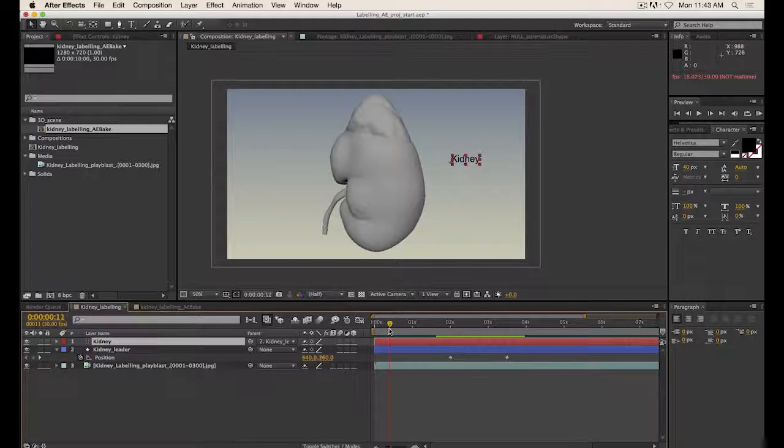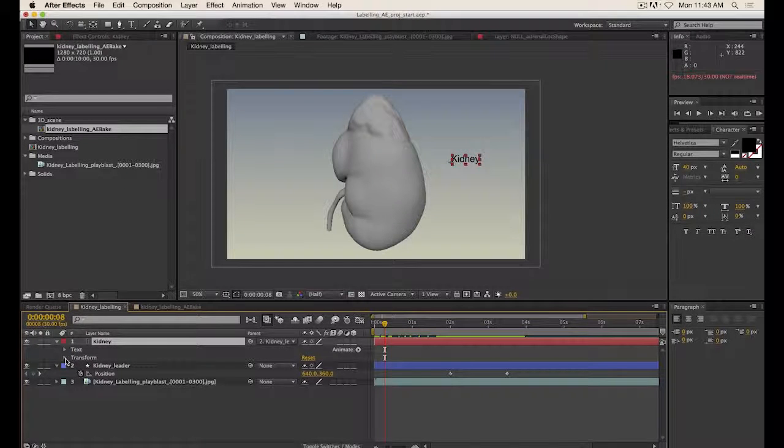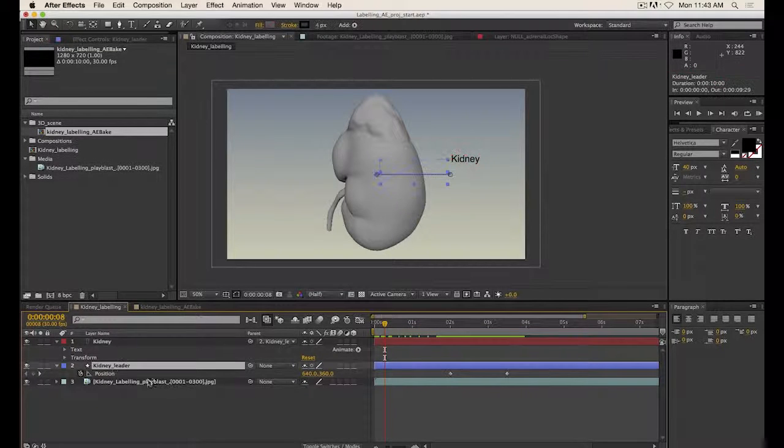Oh, but what's going on here? At the beginning, the kidney hasn't respected the transparency of the leader line. And that's because opacity isn't something that the parenting relationship brings along with it. So in that case, maybe it's fine to copy the keys. So how do we copy and paste keys? Well, let's hit T to get the opacity attribute here on the kidney leader. I'll marquee select the keys,